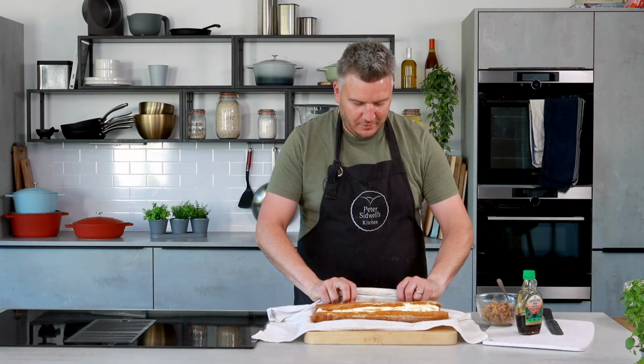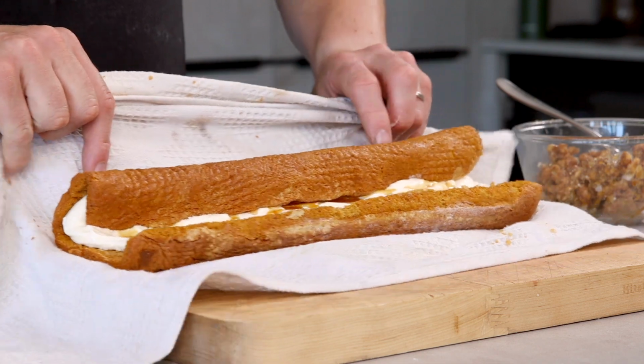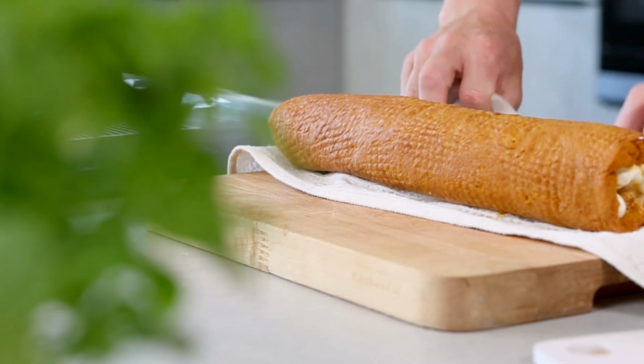Okay. So lift the cloth and let it naturally roll over,